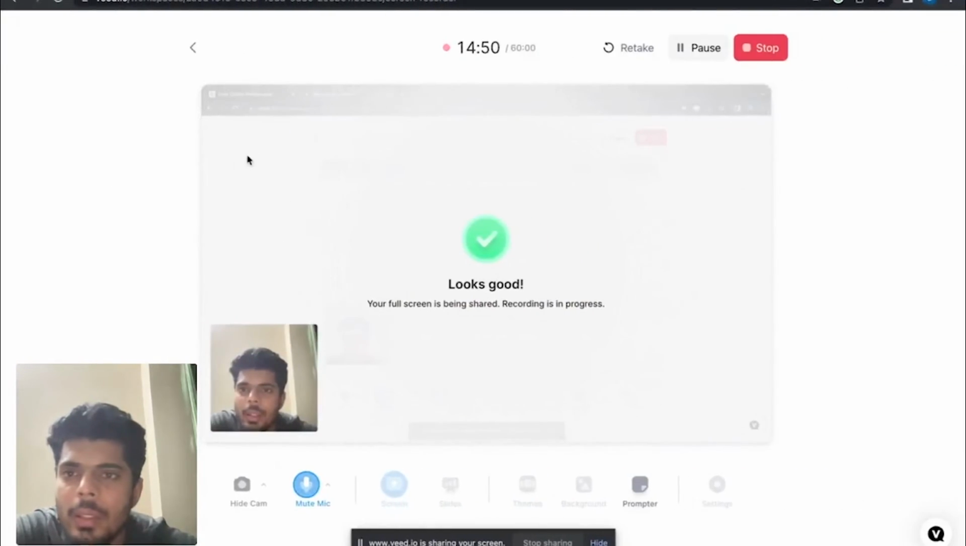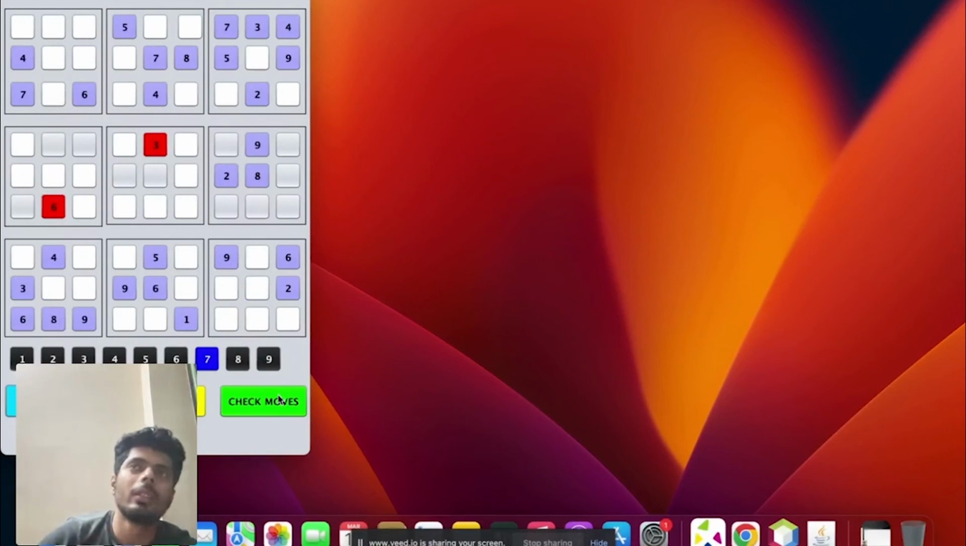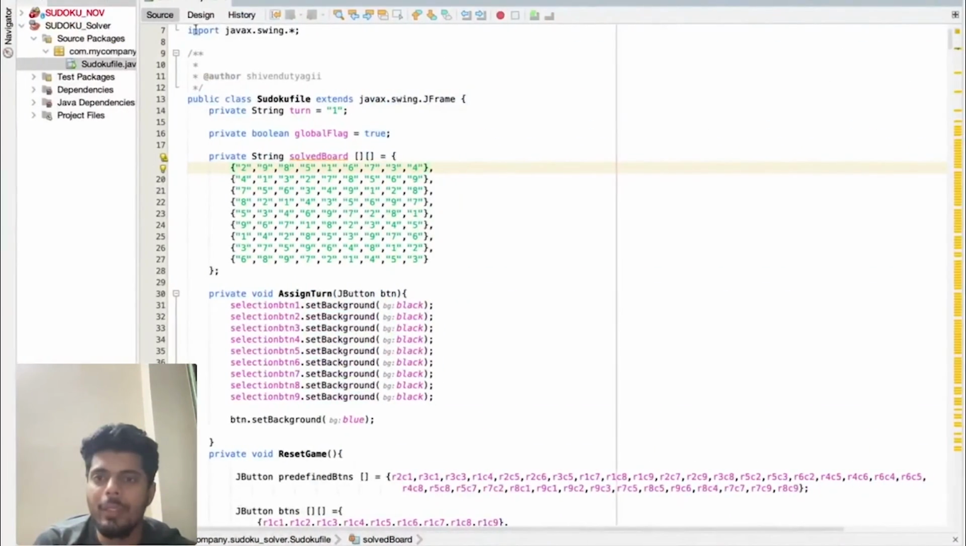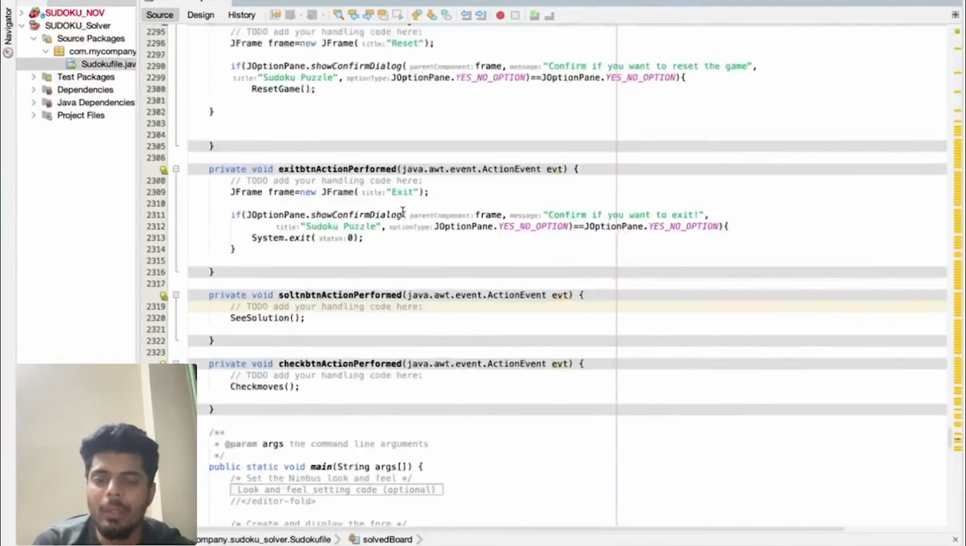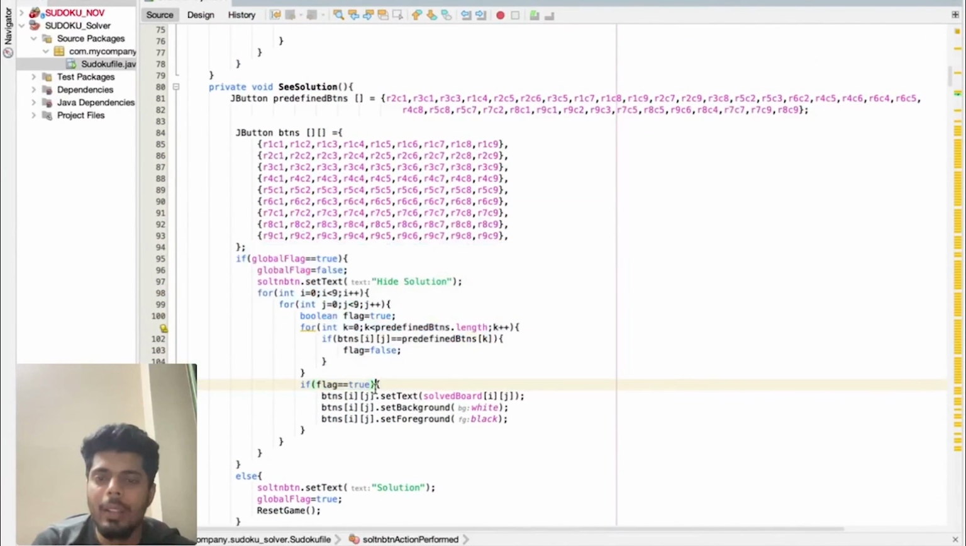What I just noticed is that we can also write the functionality to remove this red background color. On the click of check moves, it is judging whether the moves are correct or not, and accordingly it is marking them red. I can do it the same way we did in this solution function. We can make a flag, and if that flag is true,